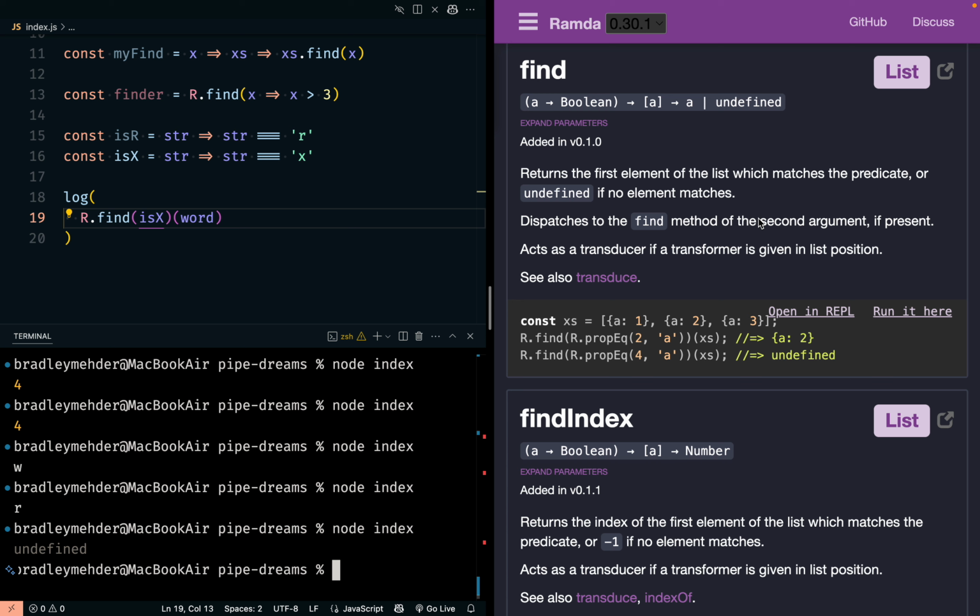I also like the way it uses equals and checks if objects are equal in the way that you would think it would work instead of by reference. It's completely off topic, but these are just some things I've discovered about Ramda: it just works the way my mind wants to think about things.